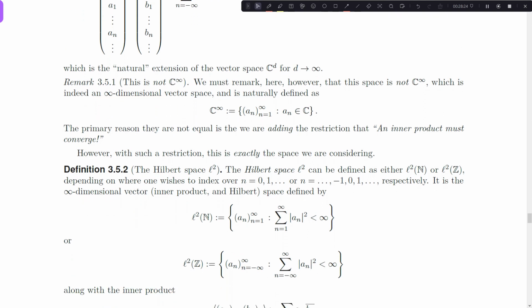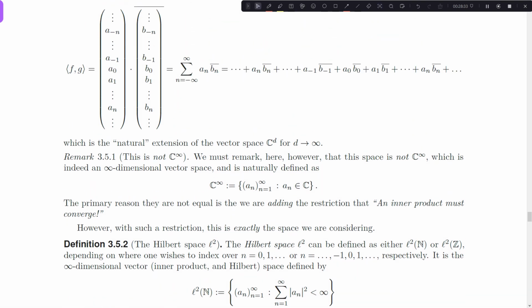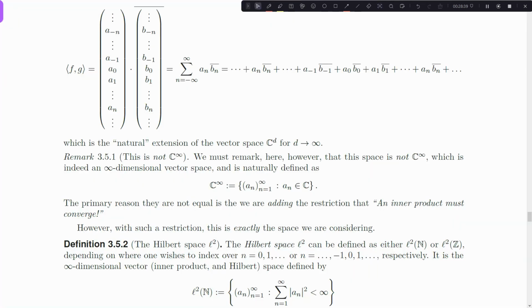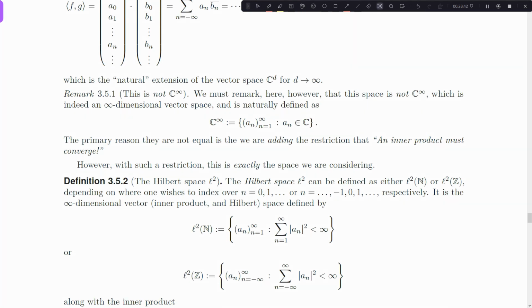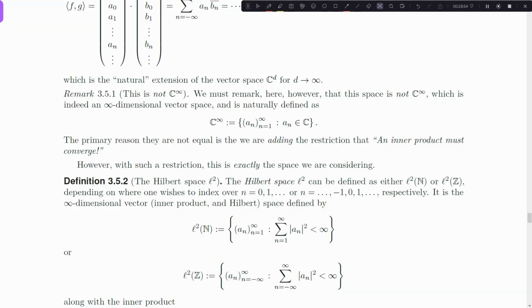So the Hilbert space, little L2, is really the natural extension of the complex dimension space C^D as D goes to infinity. It's precisely the vector space L2 of infinite sequences such that the magnitude squared of their entries converges. And now you might be wondering, how is this different than the Fourier space? Because the Fourier space had that exact same requirement. And that's the point of this section, is that this is no different